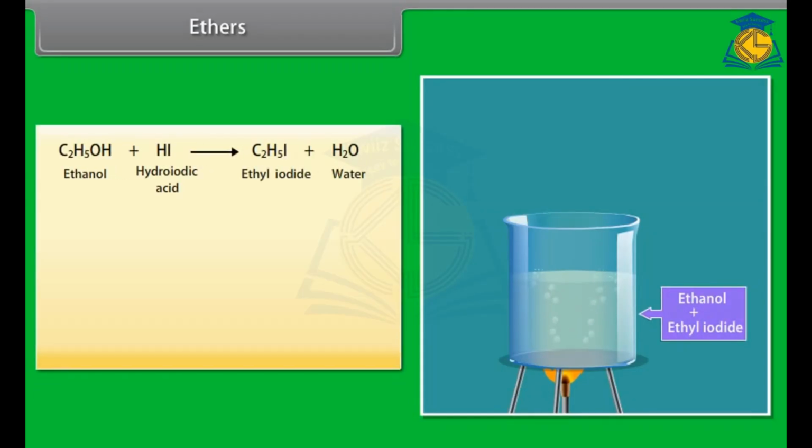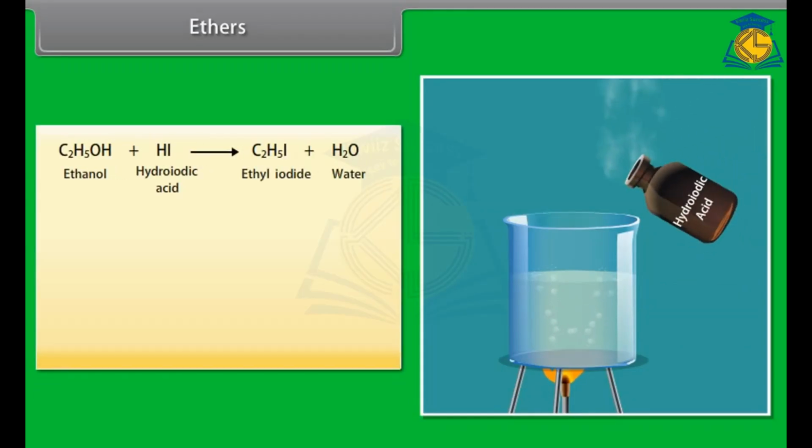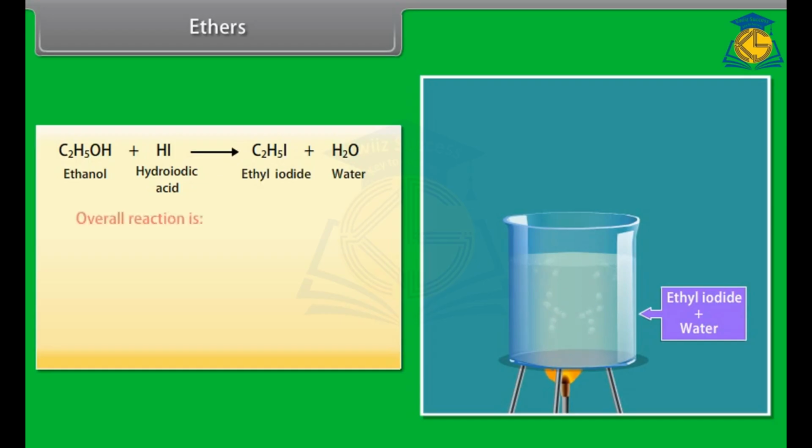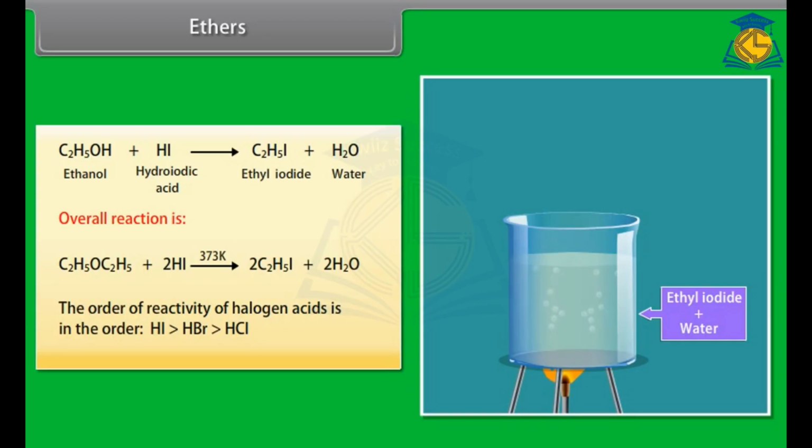With excess of hydroiodic acid, the alcohol formed further reacts to form ethyl iodide. Overall reaction is hydroiodic acid reacts with diethyl ether at 373 Kelvin and it forms ethyl iodide and water. The order of reactivity of halogen acids is hydrogen iodide, followed by hydrogen bromide and then hydrogen